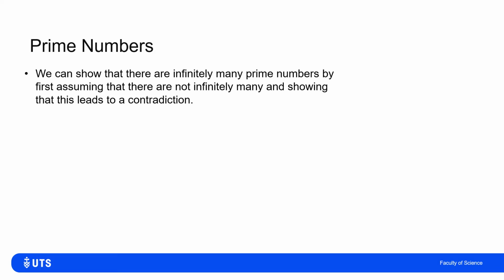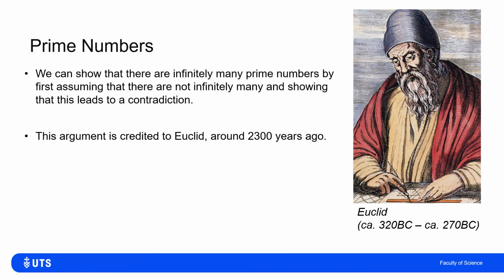So I'm going to prove that there's infinitely many prime numbers by contradiction. So the way I would prove that there's infinitely many different prime numbers is by assuming that there isn't, and then showing that that statement leads to a contradiction. Now, when I say I'm going to do this, I'm not. I'm going to steal the argument credited to Euclid. So I'm less than 2,500 years out of date here. And Euclid looks suitably unimpressed with me. Anyway,